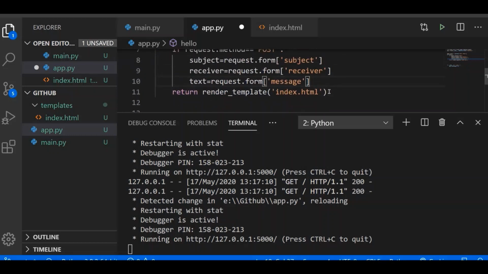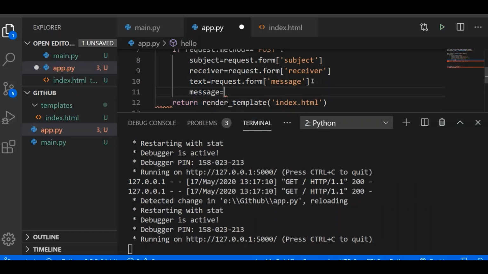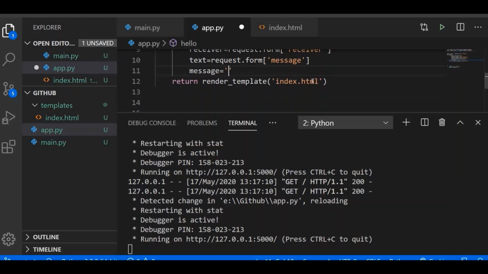Now since we are using subject, we will have to do some formatting. So what formatting will we do? We will write a variable message, and I will use an f-string to fetch that message. In the f-string I will name it subject, and I will write two newline characters, because after the subject, after two newline characters, we have to write our message. It is the rule in Gmail.